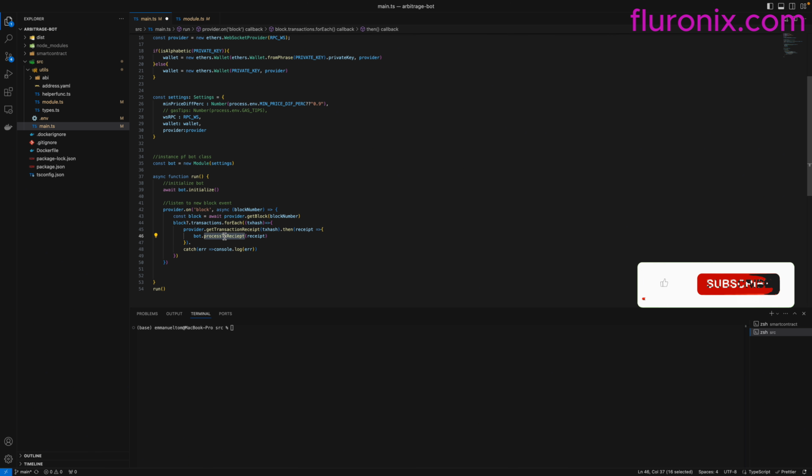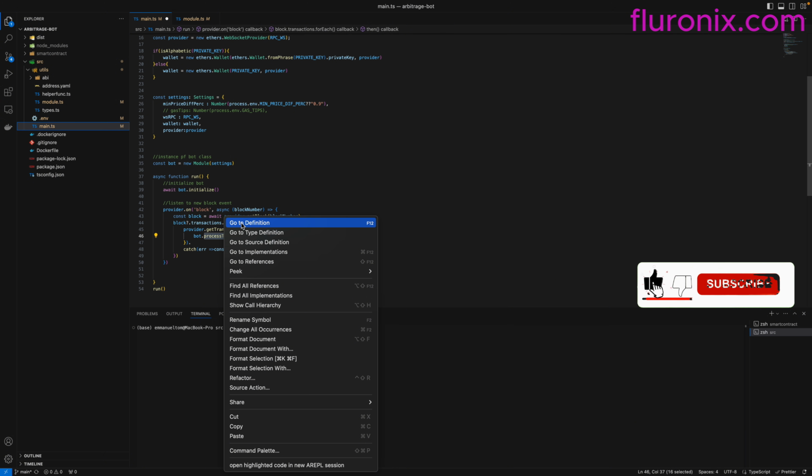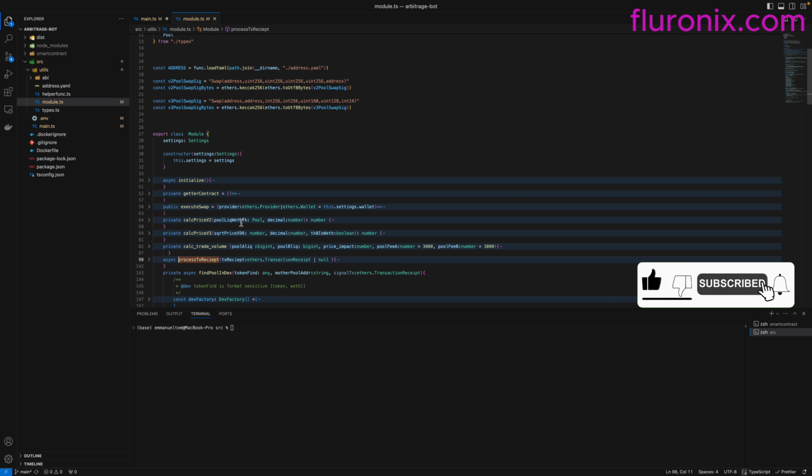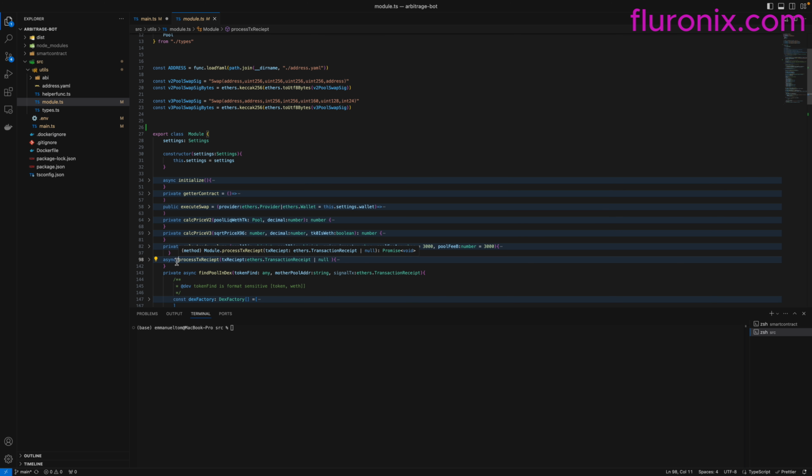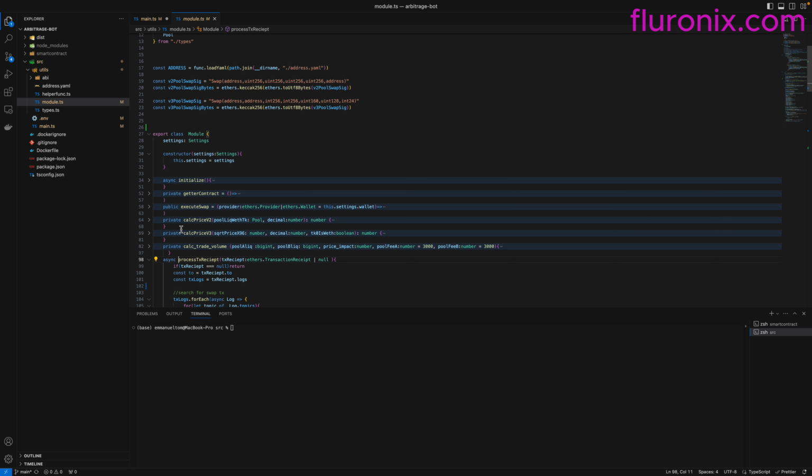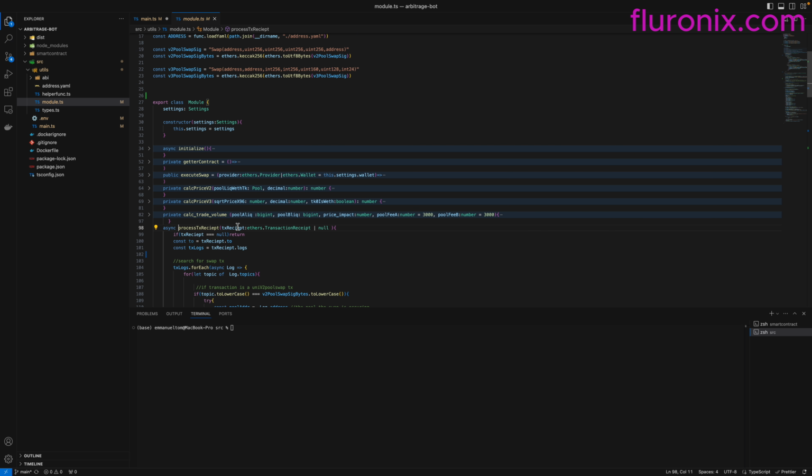Let me navigate to this process transaction receipt and then go to the definition. From here, which is our module class, we can see our process transaction receipts. I'm going to maximize it, and this is the transaction receipt that we pass in. If the receipt is not there, we are not going to do anything, but if the receipt is there,